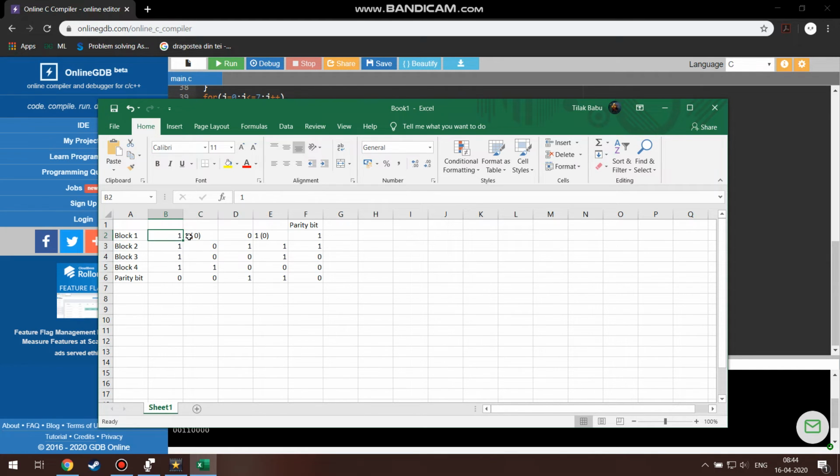There's only one 1. The parity bit is 1, which is correct, as for an odd number of ones, the parity bit should be 1. So the second row does not report any error.